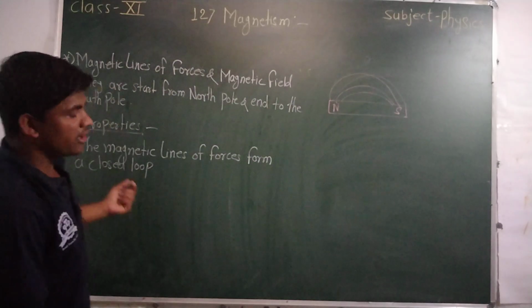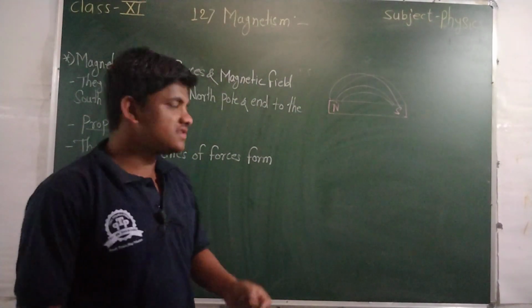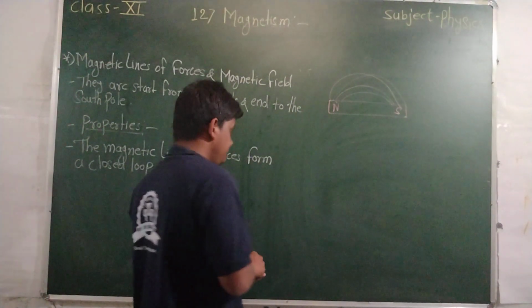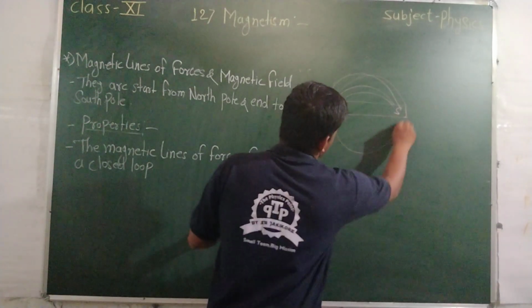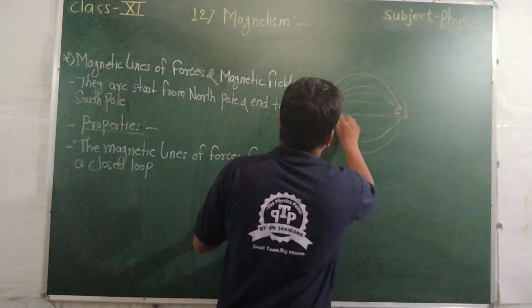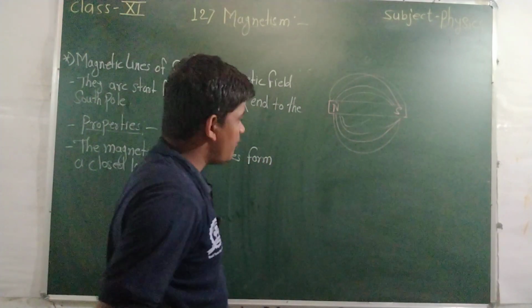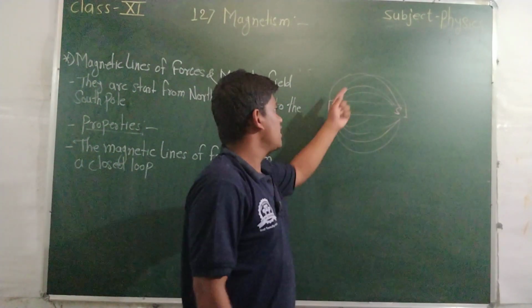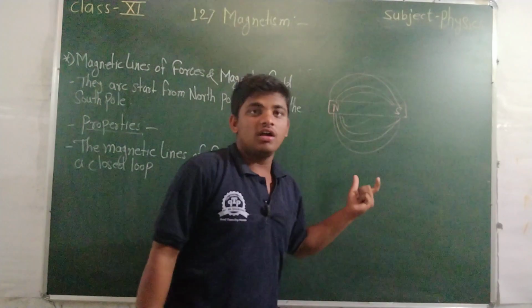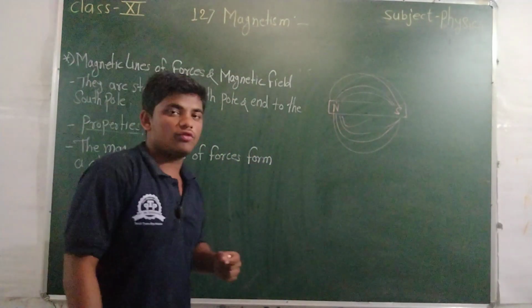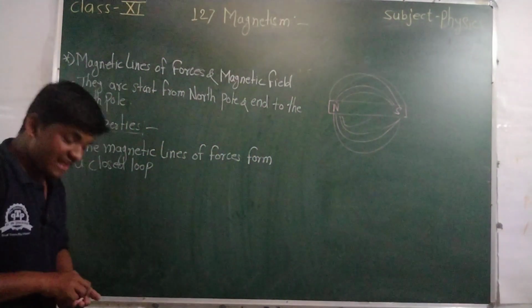But the electric lines of forces do not do this; they do not form a closed loop. This is a closed loop. Consider the vertical of this bar magnet; they form a closed loop of the magnetic lines of forces. But the electric lines of forces